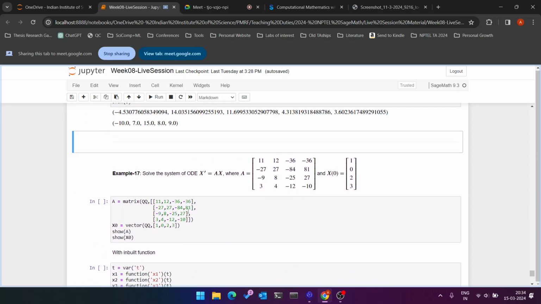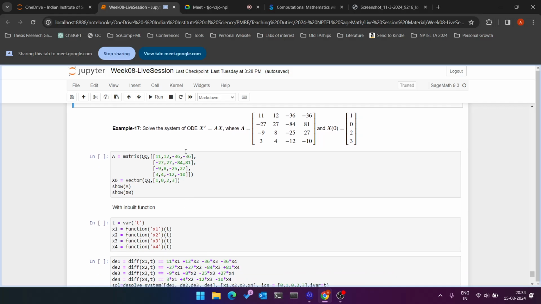Okay, final example for the day. We have been asked to solve a system of ODE x dash is equal to A into x, where A is a 4 by 4 matrix that looks like this, and x of 0 is 1, 0, 2, 3. Okay, we'll be doing it two ways. Firstly, by using an inbuilt system of differential equation solver,